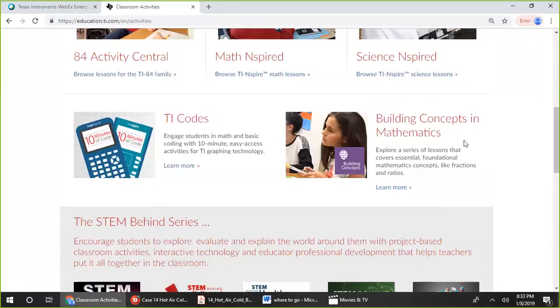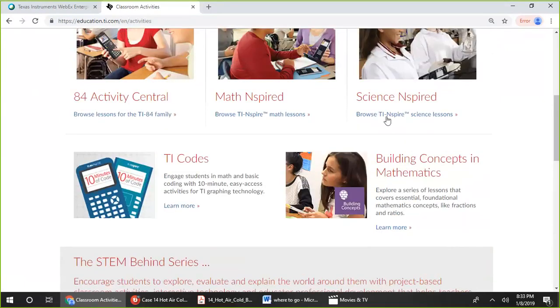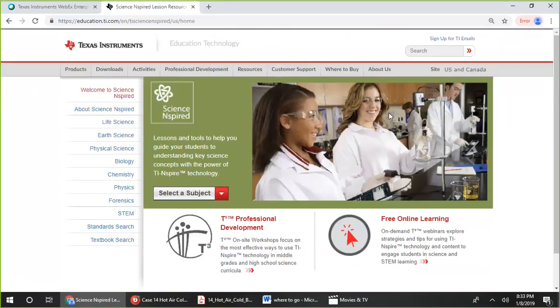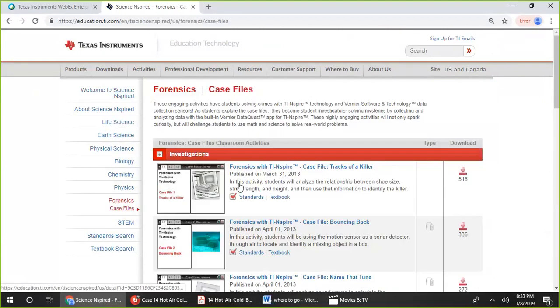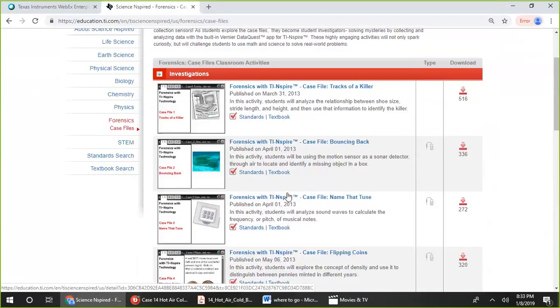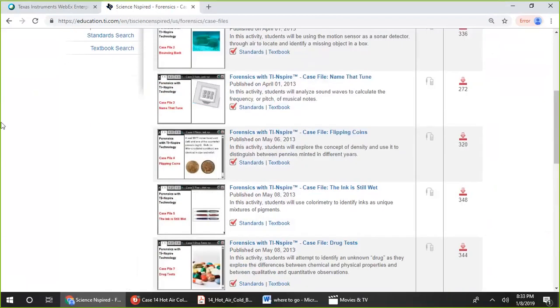I'm going to go to Science Inspired and Forensics, Case Files for Classroom Activities. The main page gives you a brief description of the lab and the first page of the TNS file.